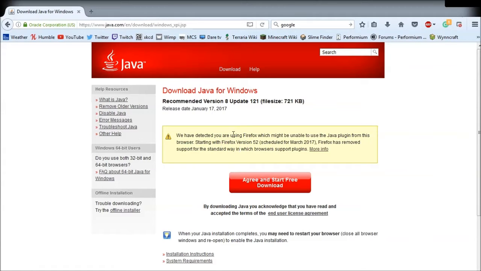And also, I have some script limiters and pop-up blockers and things like that. So your perspective of this page is possibly going to be a little different, but as long as you are on java.com and it's the download page, you're in the right place. And what you'll want to do is agree and start the download, the free download, and it will give you